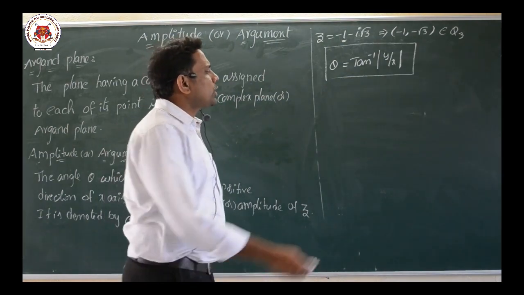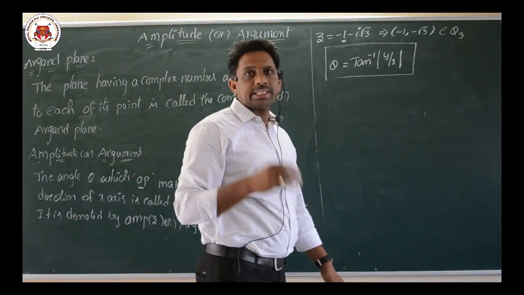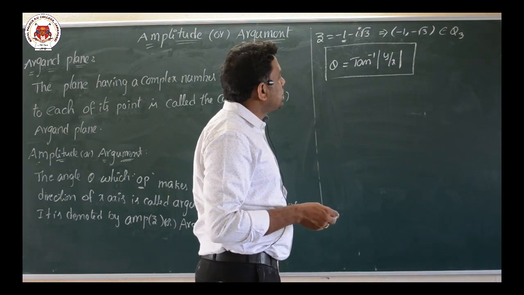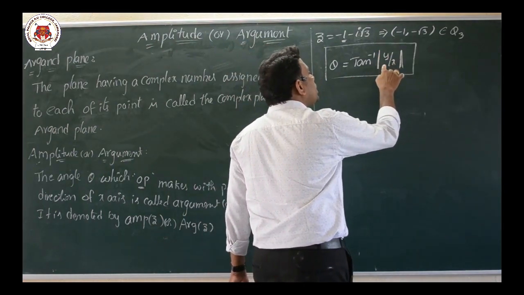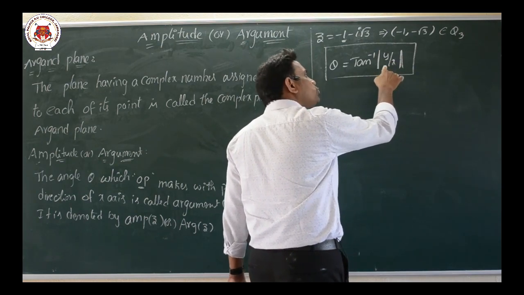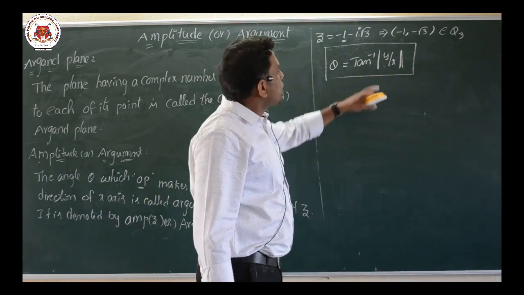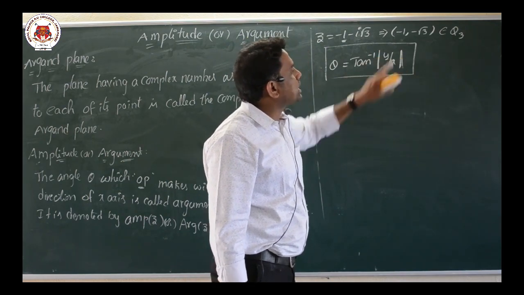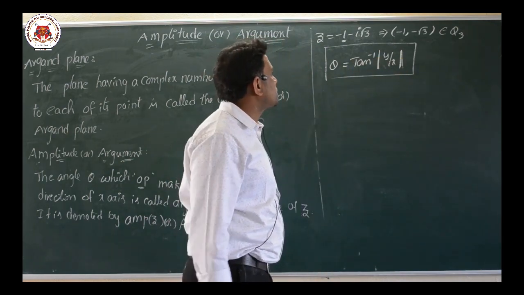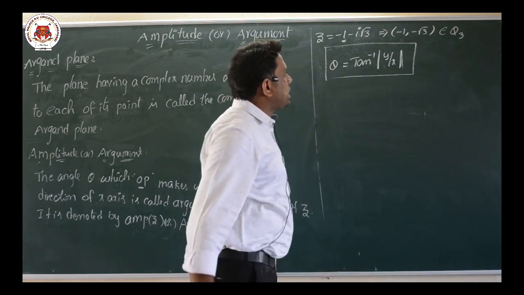So what is the modulus? Already we discussed it in our second chapter, functions and relations. Modulus is nothing but if you take a negative value, it is converted to positive. A positive value also stays positive. Whether you put a negative or positive value between these two bars, it converts to positive only. It is called the modulus. Okay, the theta formula is tan inverse y by x.